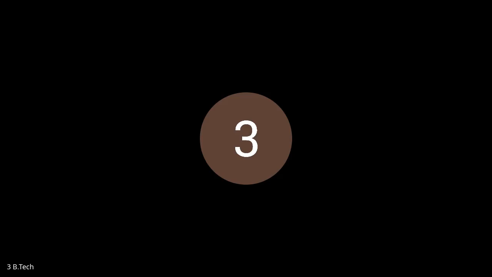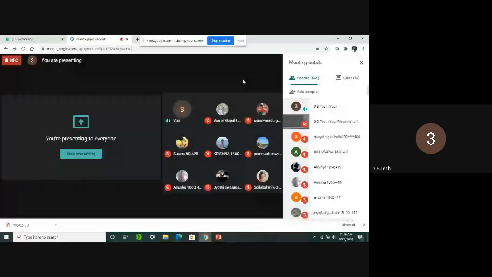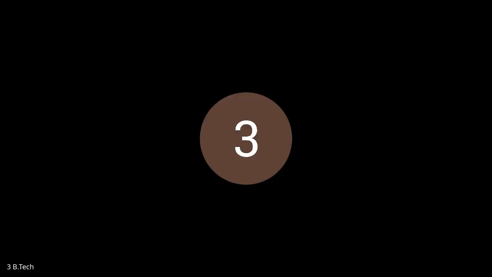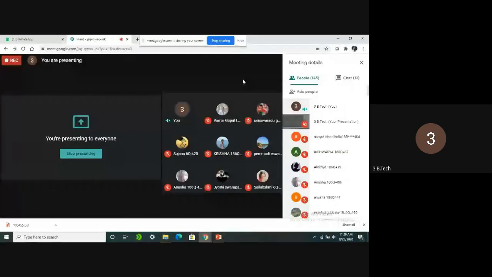But here we are using an operational amplifier. An operational amplifier is a system. In its time domain, we can easily find its response by calculating the output. If we provide x of t as input, we take the output as y of t. So by calculating the relation between y of t and x of t, we can easily find the response of the operational amplifier in its time domain. Is that clear, all of you?